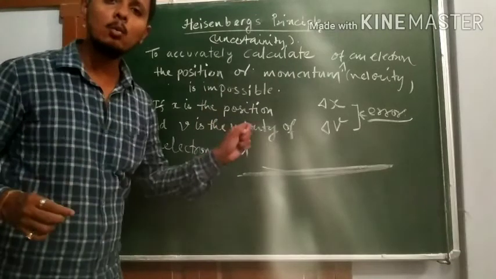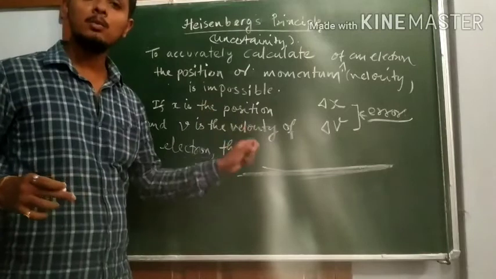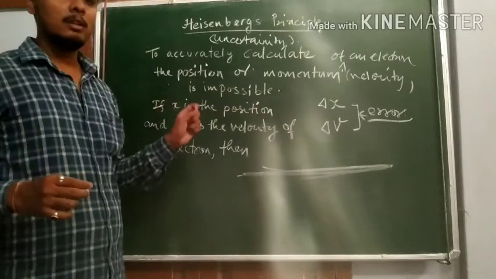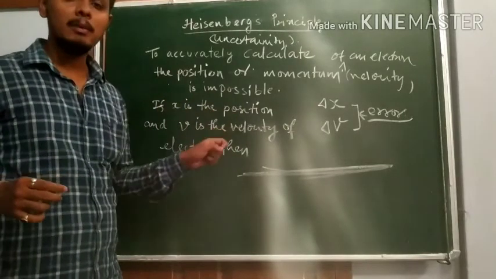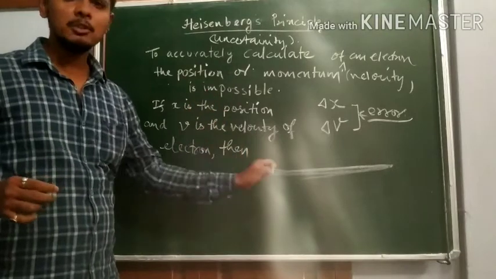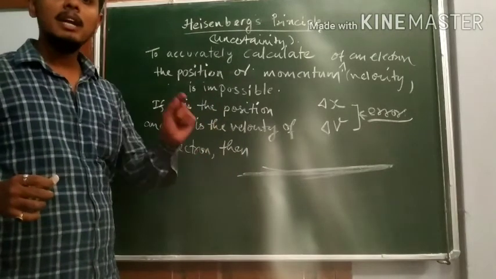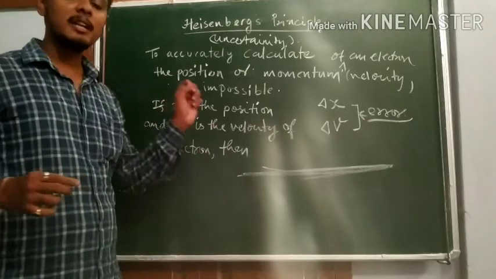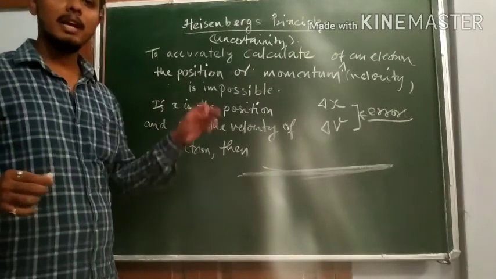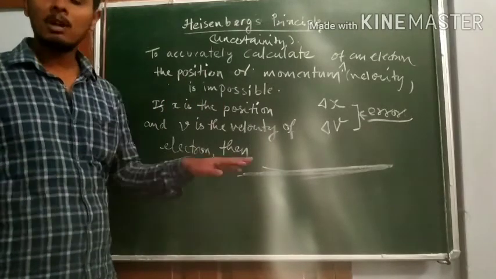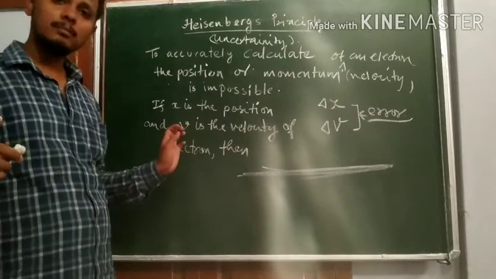So at a particular point of time, finding the exact position of an electron is impossible. But